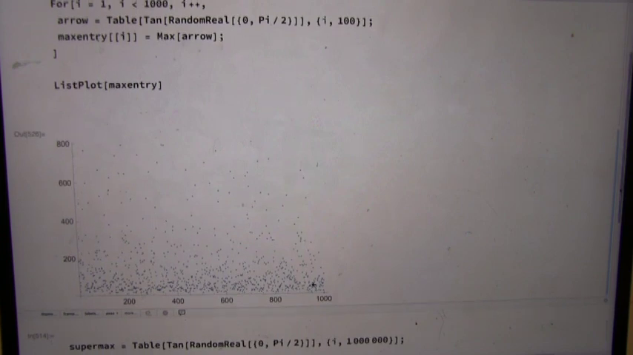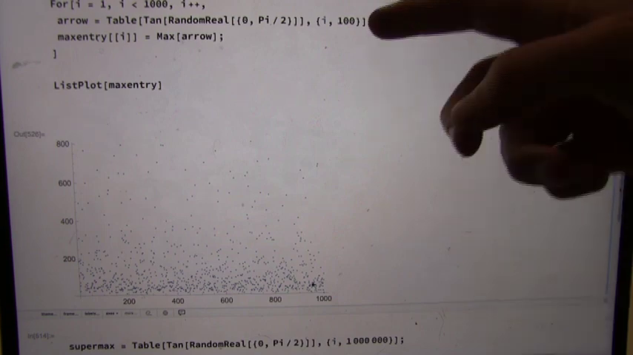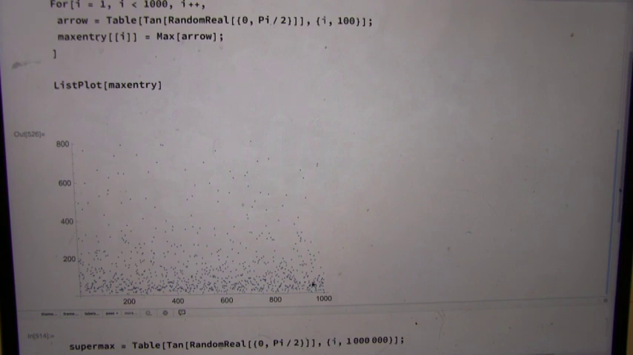Okay. So what does the plot look like? So what do you think of this distribution of the maximums here for the 1,000 trials of 100 shots? Well, the majority of them look like they're under 200, but the ones that are above that are really, really spread out. Yeah. So it's sort of concentrated near the bottom, but there are a few that are up